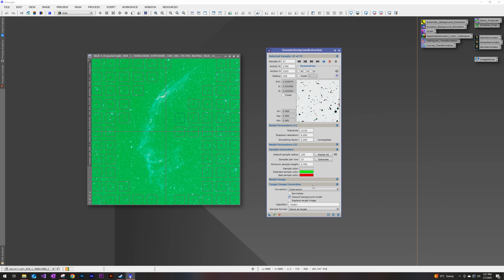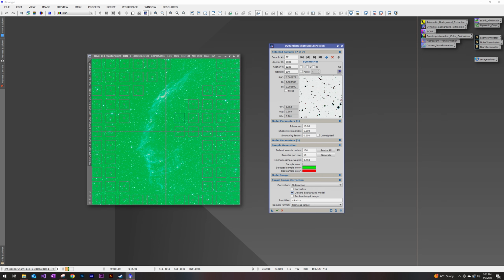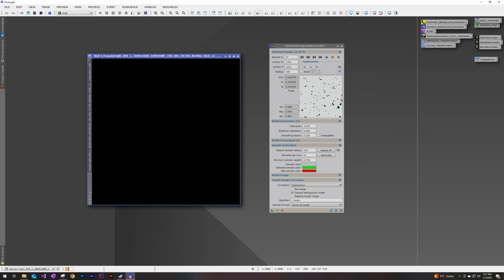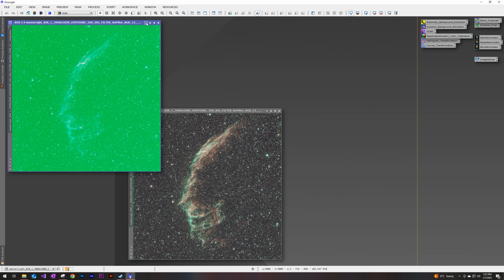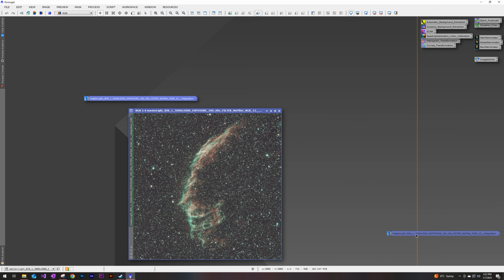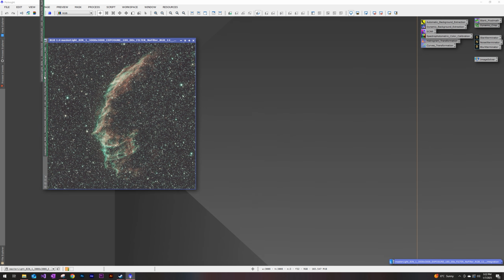All right, so I got rid of that, and once you're confident in your sample generation, we're going to go ahead and click on this new instance and drag it over to our image. Once more, we'll hit the auto stretch function, and we see that we have a nice background extracted image of the Eastern Veil Nebula. With this, we can go ahead and close out of the dynamic background extraction module,